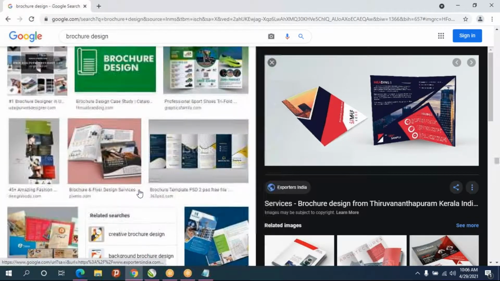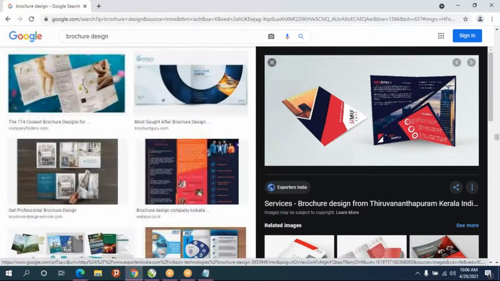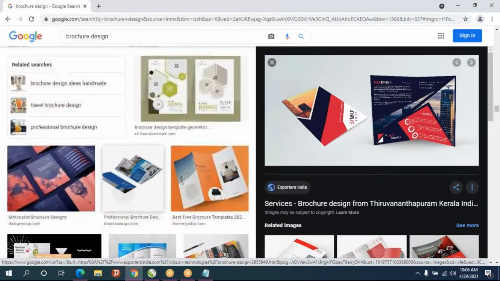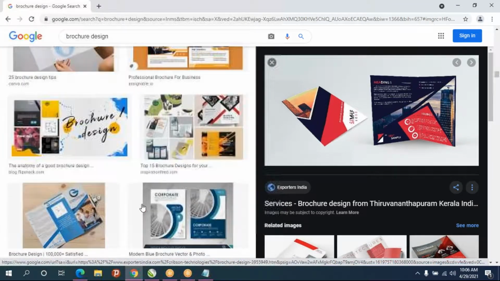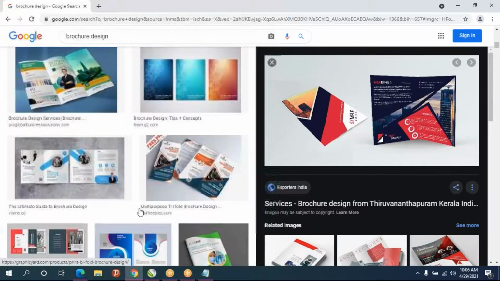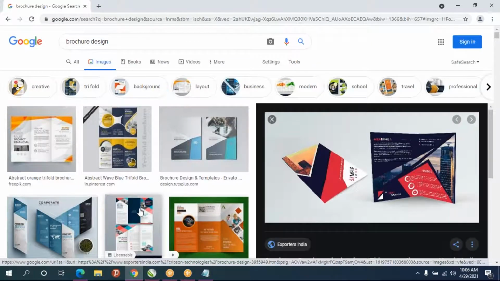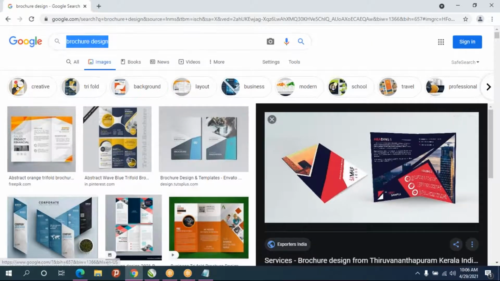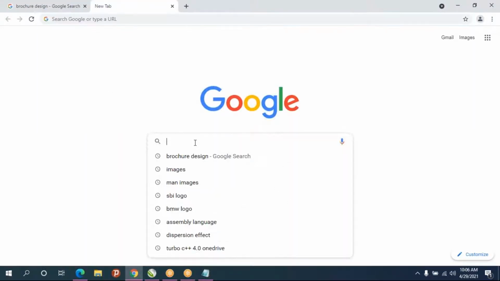Okay. So we'll create brochure for some topic. What topic we'll choose? Okay. So I'm going to open a restaurant. So for that restaurant, I have to create a brochure. So we'll be importing images to the CorelDRAW.